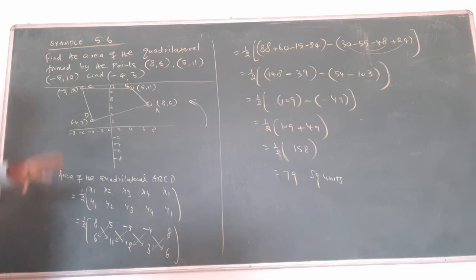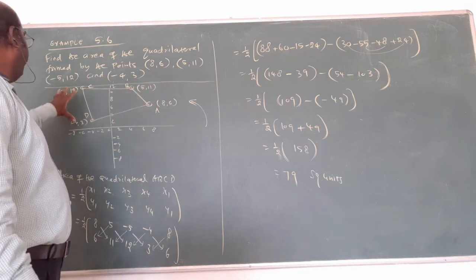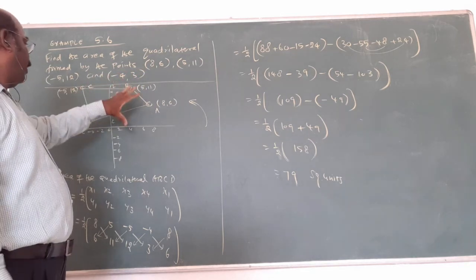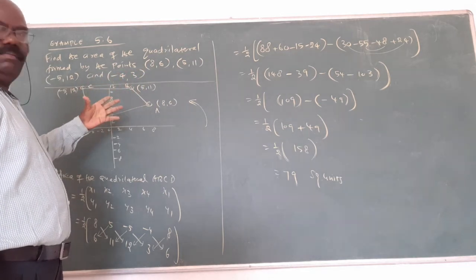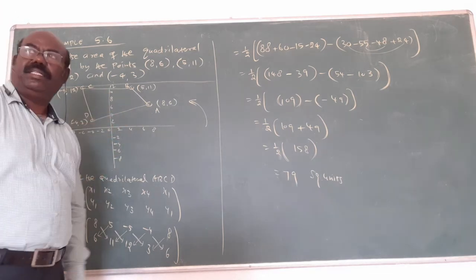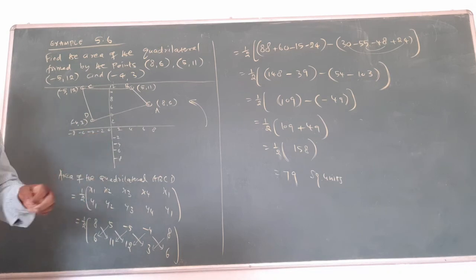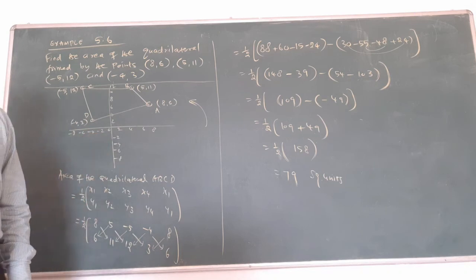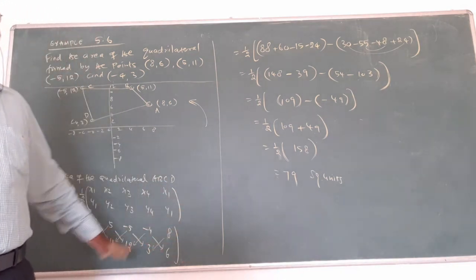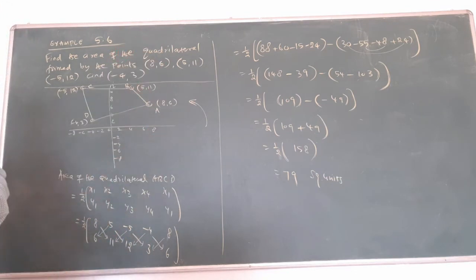Write the diagram clearly. Suppose directly we get A, B. By chance here, first point A, second point B, third point C, fourth point D. By chance this is coming, not always. Some of the problems might change. That's why the diagram matters; in the diagram also you get some marks. That's why, when area is asked with 3 points or 4 points given, you must draw the diagram, then write the formula, then substitute the values, then simplify. This is the procedure. That's all.